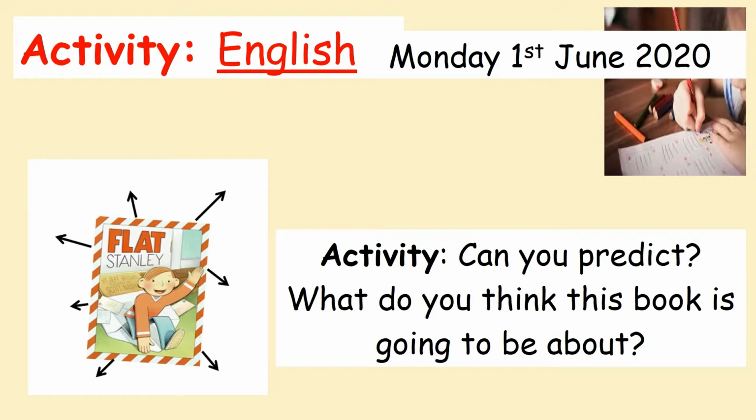What I would like you to do, we're going to do a little predicting activity today. Just by looking at that image, what do you think this book is going to be about? So in your books, I would like you to draw your very own version of Flat Stanley in the middle of the page. And from it, I would like you to do some arrows saying what you think this book